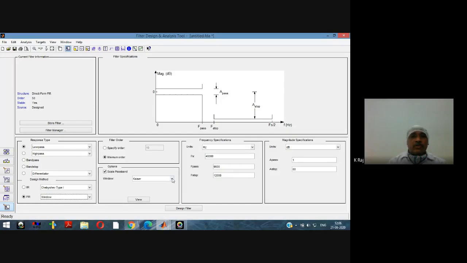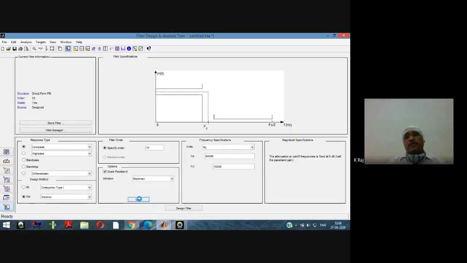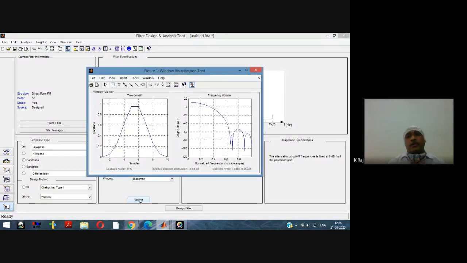Now suppose we are interested in seeing the window, and we have selected any one particular window, suppose we select the Blackman window, and we are interested to see it, then if we view the window here, we will see the response of that window, that is the specification of that window, and the magnitude response in the time domain as well as in the frequency domain.